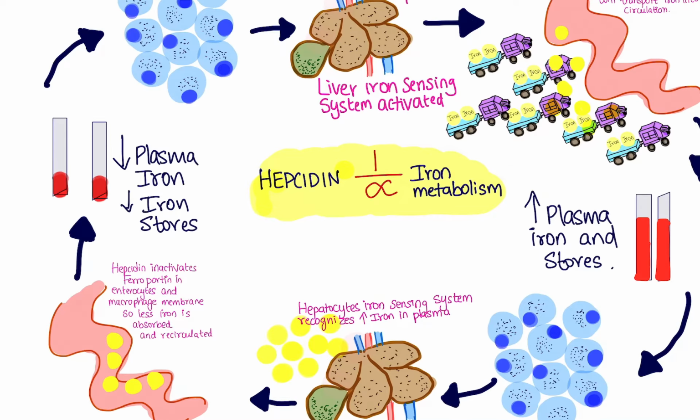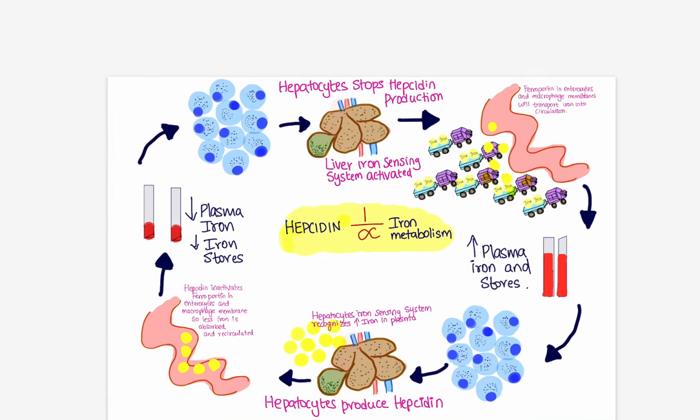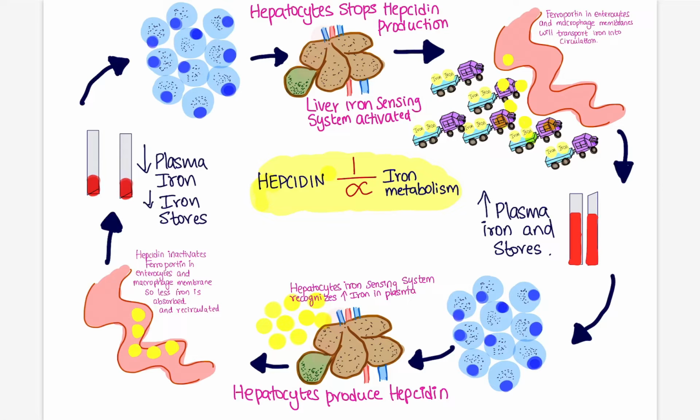When there is low plasma iron and low iron stores, then hepatocytes sense that iron is low in the plasma and in the body. So the liver has an iron sensing system. This system is activated, and the liver stops producing hepcidin,